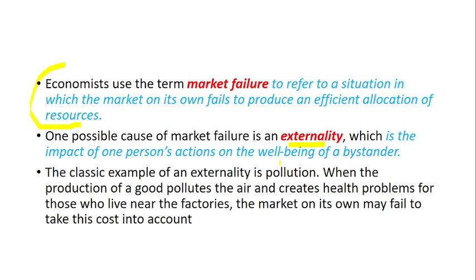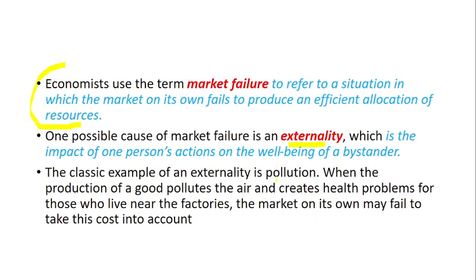If I run a factory and if the factory creates pollution and if the people living in the surroundings of the factory get affected badly by the pollution, it does mean that my positive action has a negative impact on the other people. This is what's called externality. Externality can be negative and positive. So therefore, because of the externality, there may be market failures. And to correct the externality, to find a solution to the externality, we need the intervention of the government in the market.